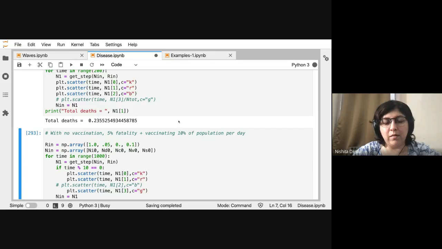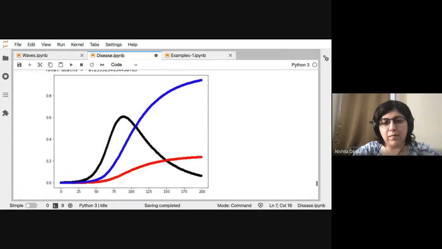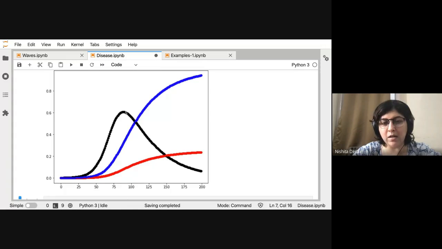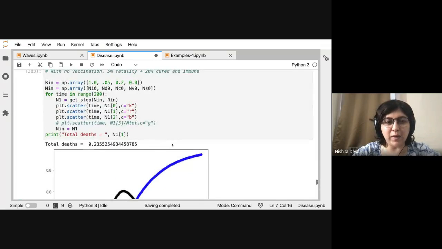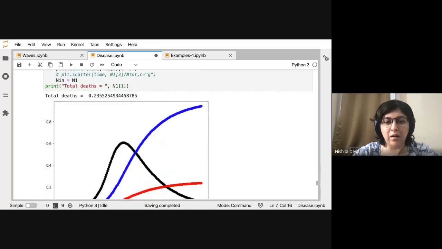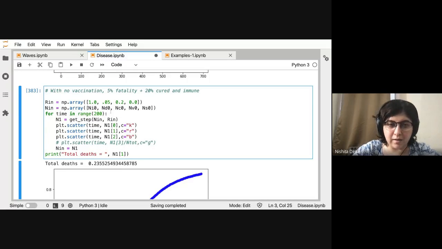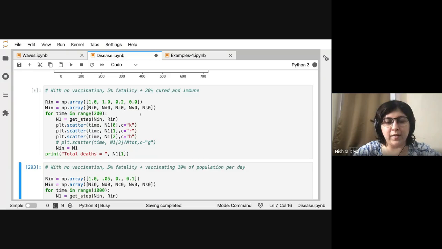So this is what happens. You have the epidemic peaking at, say, day 80 or so, and then most people recover and some people die. So in this one, actually, I think we can see what was said earlier, that the epidemic ends fast if the death rate is very high.